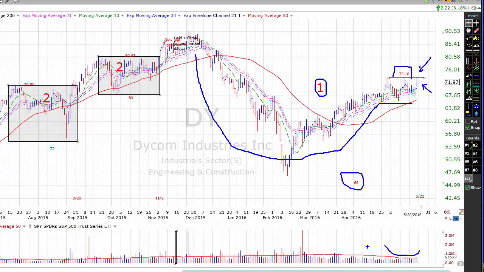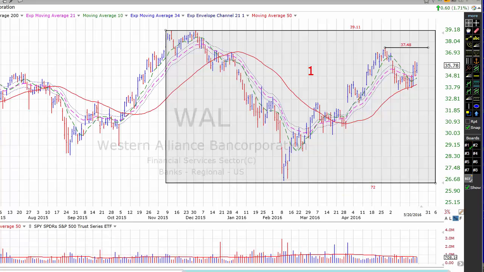And the last stock I want to take a look at, Western Alliance Bank Corp., is a holding company for Bank of Nevada and two other banks operating in the Nevada, Arizona, and California areas via 40 offices. The stock right now is working on this first stage consolidation base with a pivot point up here in the 39.11 area, but we have a more aggressive entry down here in the 37.48 range if we call this a